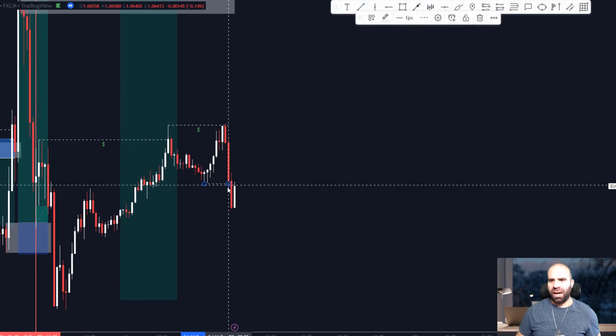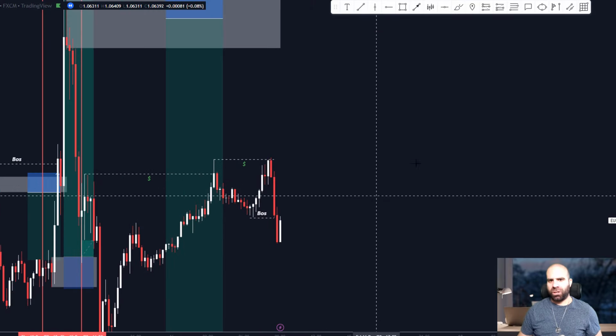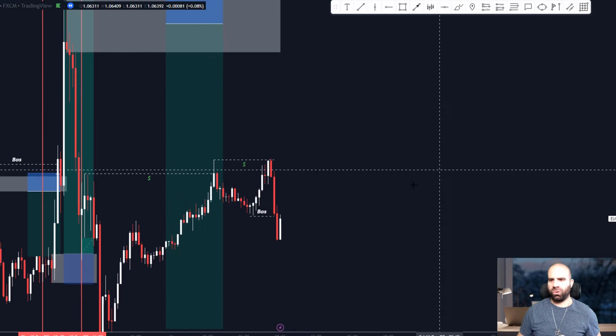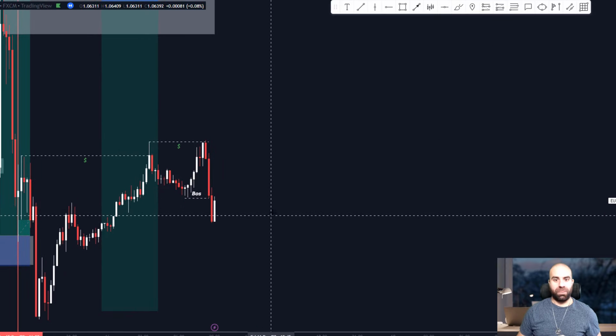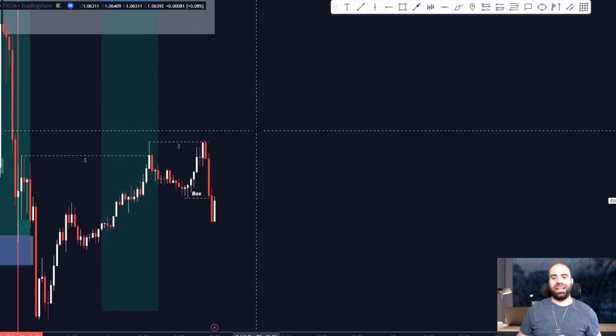And now the question arises. This, Chris, is an intermediate break of structure. If we go ahead and play those structures, we have to stick to those structures. Yes, you are absolutely right, but at the same time, we have to follow price action and see what it